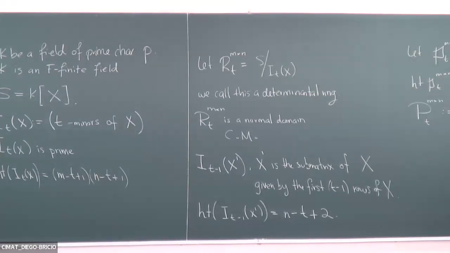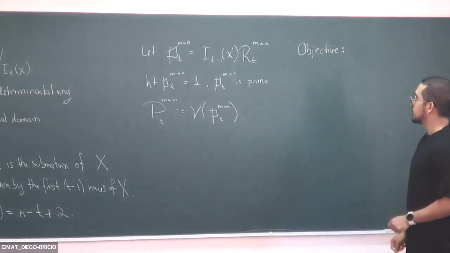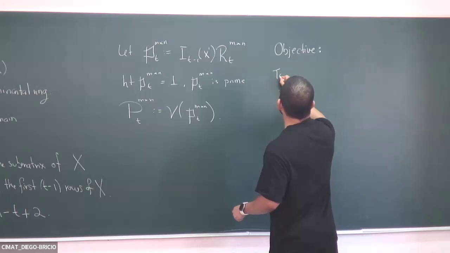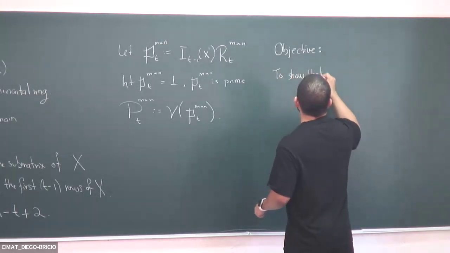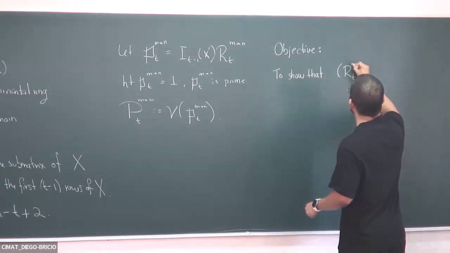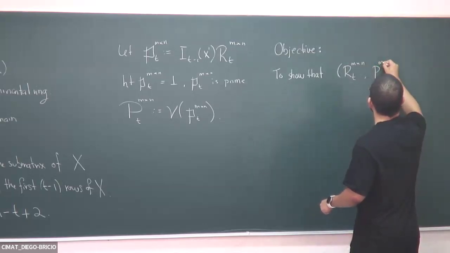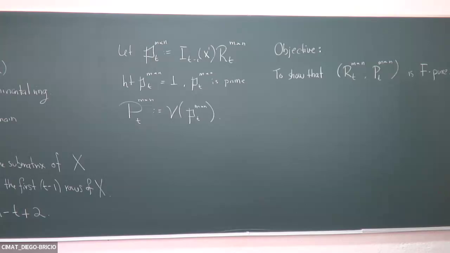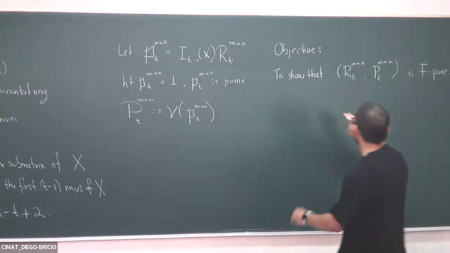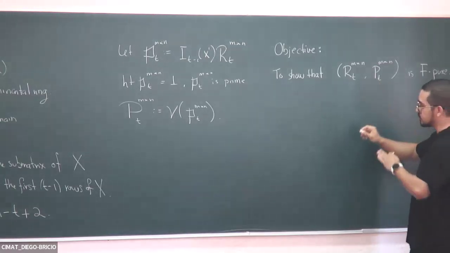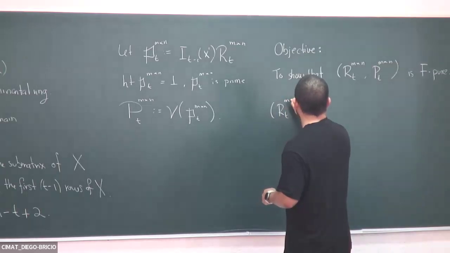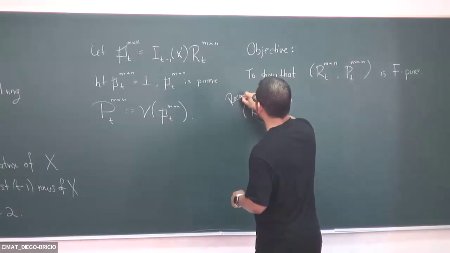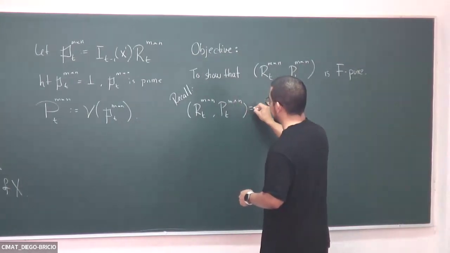Okay, so what do we want to do? The objective for today's session is going to be to show that the pair is F-pure. So a quick recall of what this means. First of all, when this is a prime divisor, this pair is the same as the pair